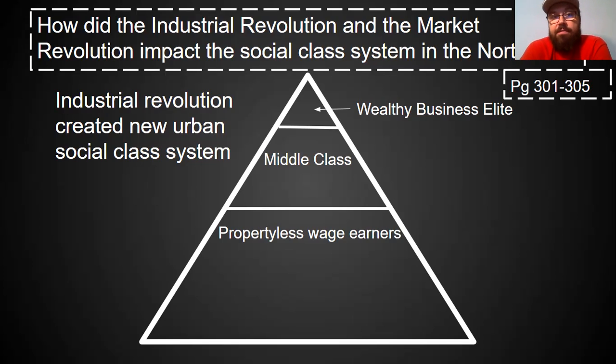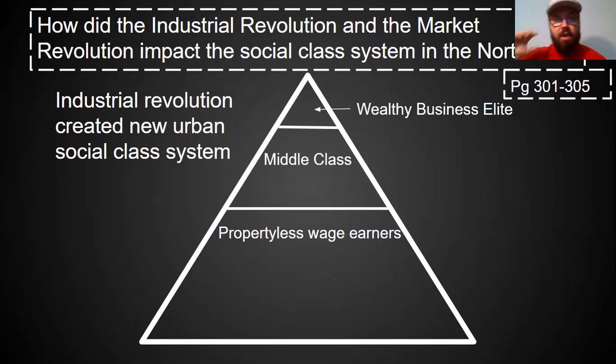However, and this is the big takeaway of part three, as industrialization explodes in the Northeast, a more rigid class structure will emerge. That's going to mirror in many ways what the one in the South has been like for a long time, right? So once again, as industrialization explodes in the Northeast, a more rigid class system will emerge. This slide right here shows you what we're looking at.